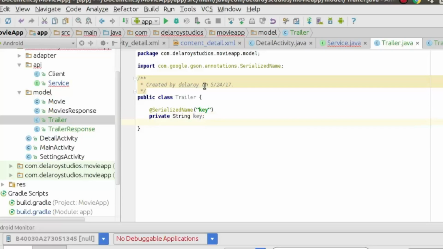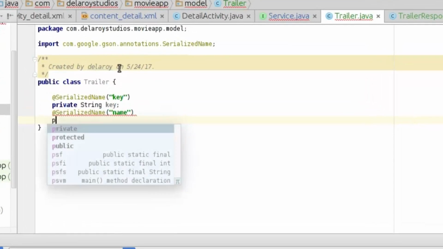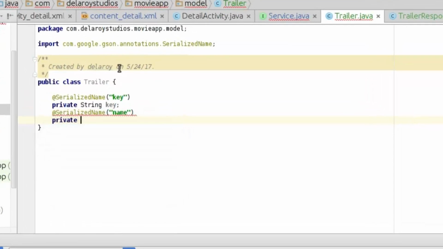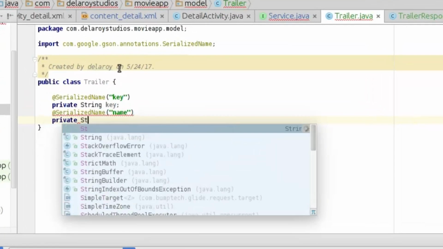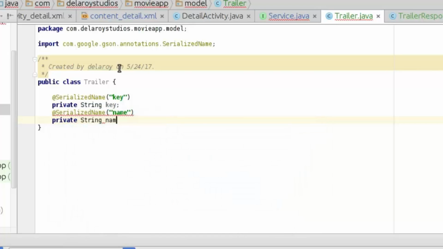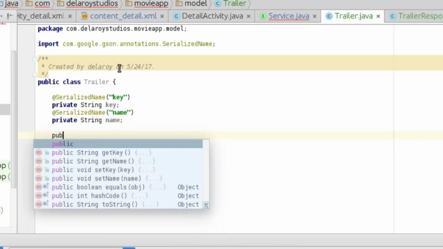We're going to have another one at serialized, which is actually for the name. I'm going to have a private string called name. Perfect. Now let's have our constructor, public